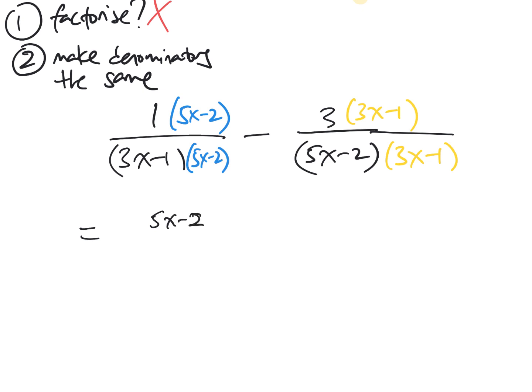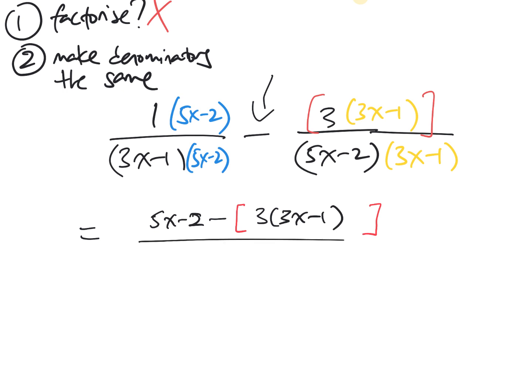And when there's a negative sign outside the fraction, it means there is an invisible bracket here, so I have to leave the invisible bracket there. You'll see in a bit why it is so important. So it's 3 times 3x minus 1, and I'm just going to leave it like that. And the denominators